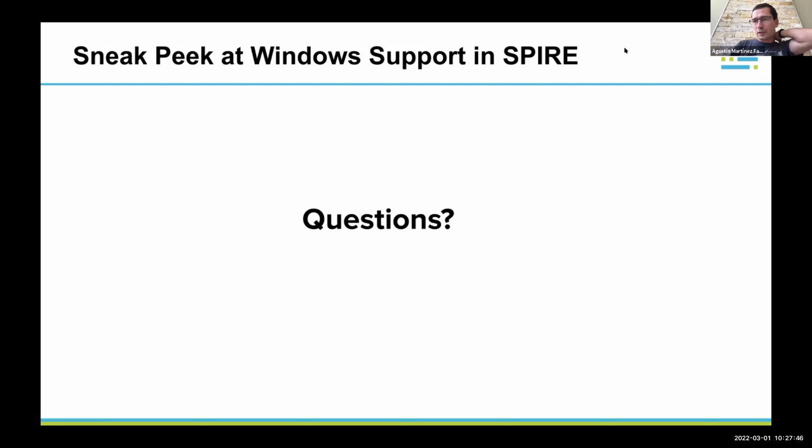Yeah, so like I said, we just merged one of the core pieces that is a prerequisite for the coming work. We are having a release of SPIRE shortly. This will not have anything exposed about Windows, but I think that following the next releases, we will start seeing Windows support exposed to users.